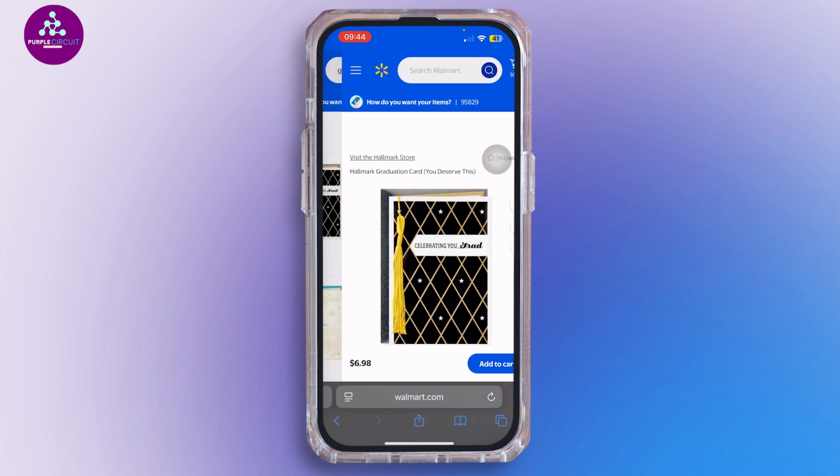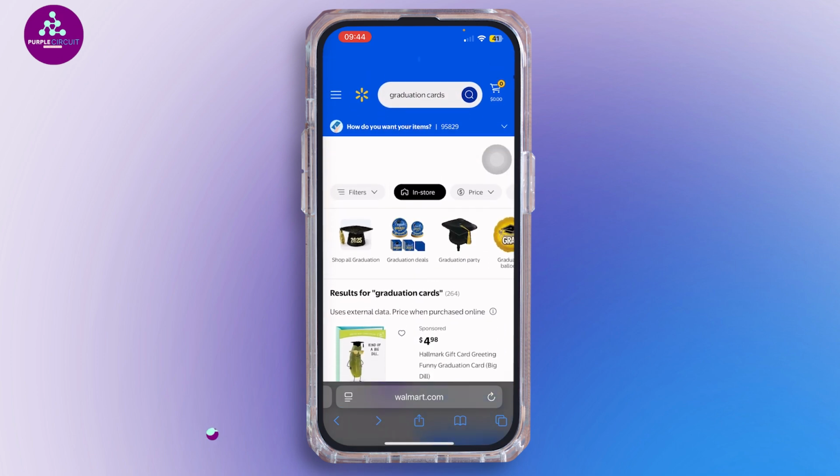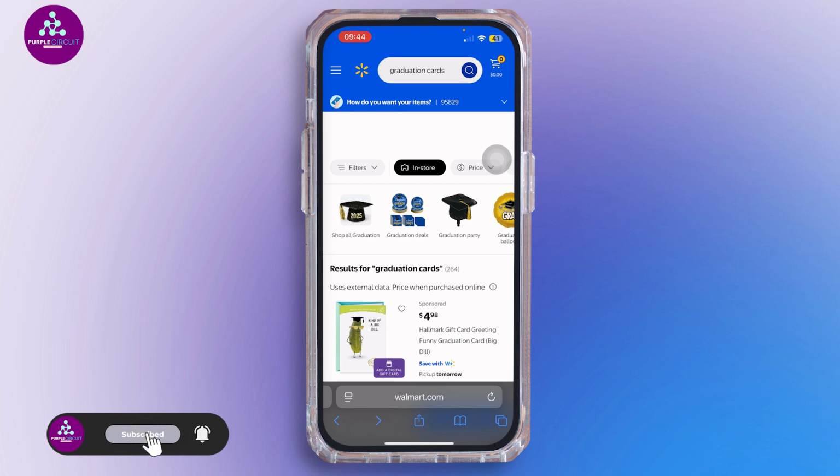If you don't see the in-store toggle, make sure your location permissions are enabled and your store is set